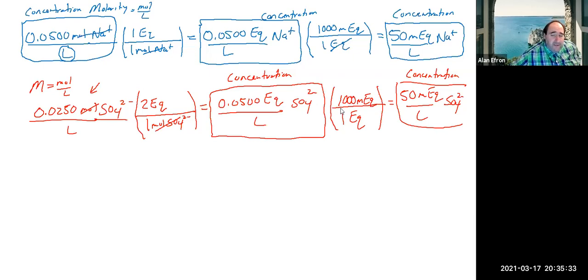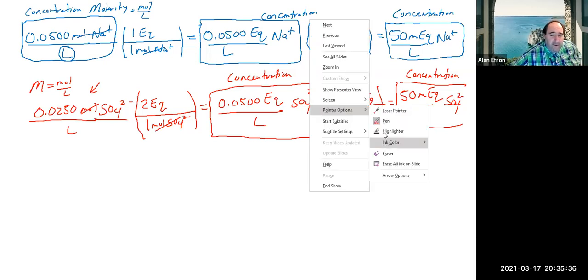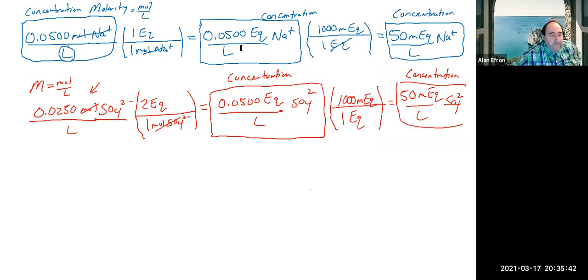You might also notice something kind of interesting, and a very good way to check yourself to make sure you didn't mess up. This is a sodium sulfate solution. The concentration of the sodium ions in equivalents per liter is exactly the same as the concentration of sulfate ions in equivalents per liter. And if you go over to milliequivalents per liter for both of them, they are exactly the same. And the reason why they're exactly the same is, if you remember from when we did nomenclature,